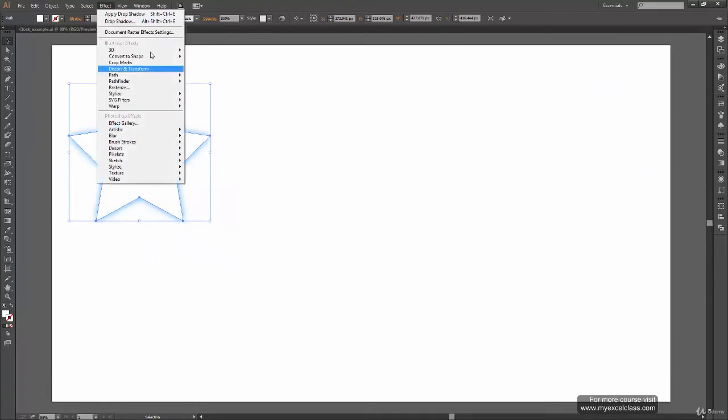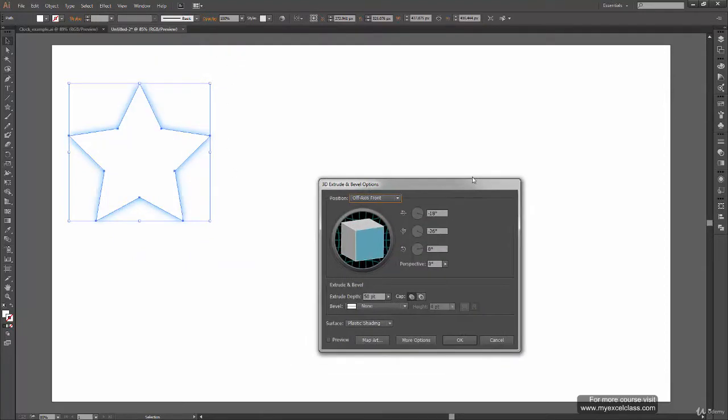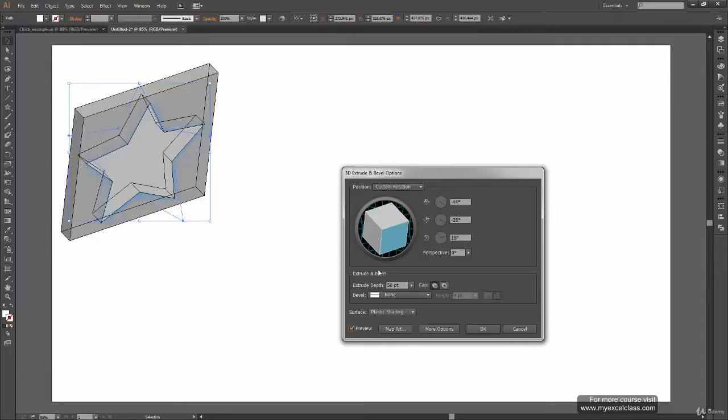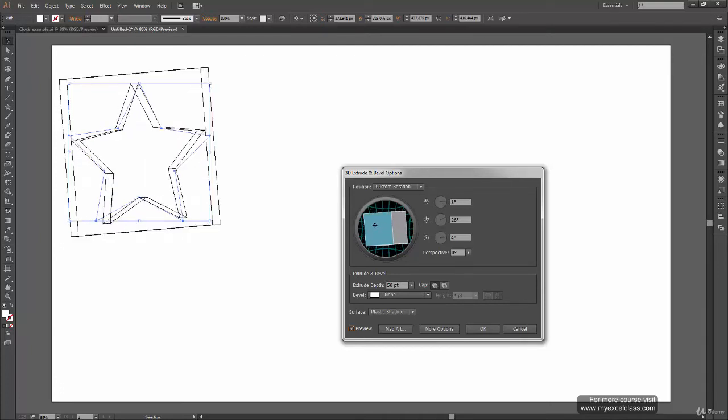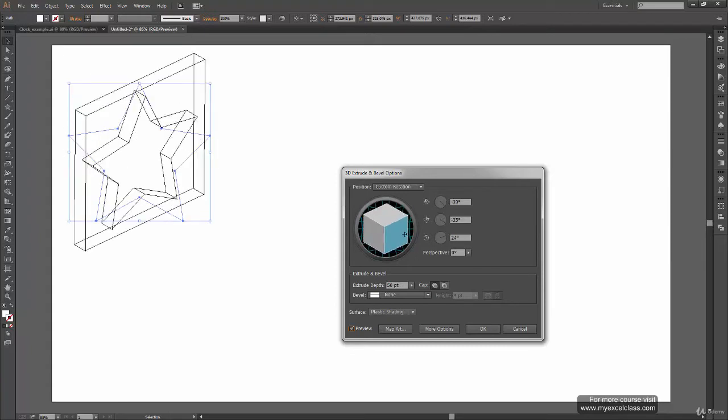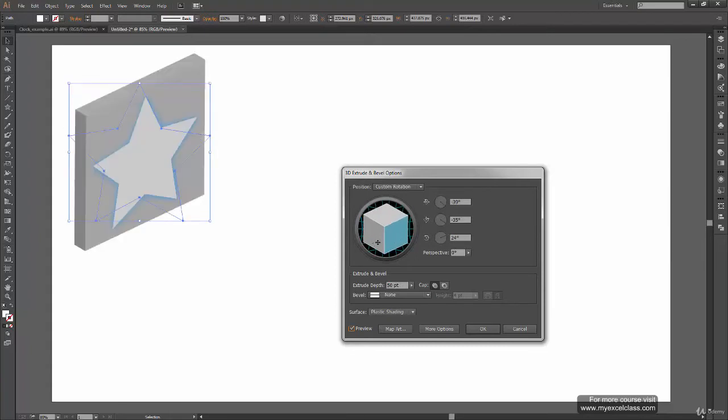Now there are some more effects like the 3D ones, which are extrude and bevel, revolve, and rotate. You can experiment with all these effects. Let's say I click on preview, how is it going to change my shape? Here you can see it has worked like this, but I think if you choose a rectangle instead of the star or a complex shape for experimenting with the effects, then you will be able to understand it better. So just a piece of advice: when you are learning the effects, better use some other shape like a rectangle, so that you can understand what's exactly going on in the 3D effects.